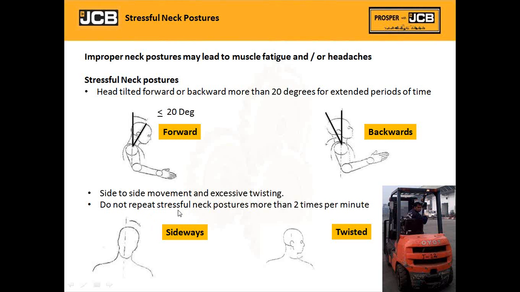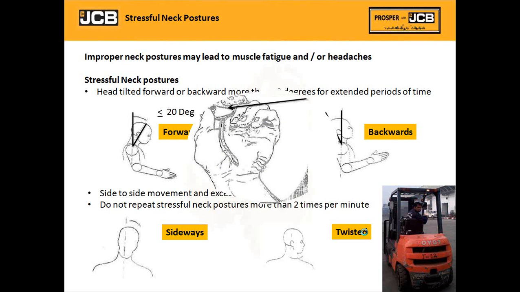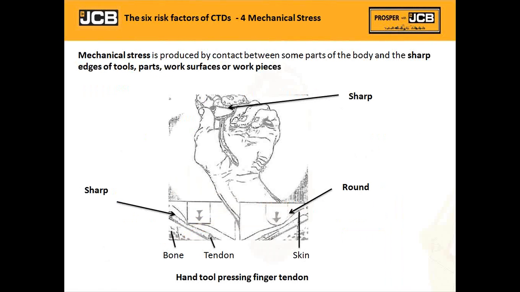that means his neck is under stress, and the side to side movement or excessive twisting, when we say it is excessive, means it is 2 times per minute, and in such a case again the person is going to be exposed to the ergonomic injury. Now we talk about the fourth risk factor in ergonomics, that is the mechanical stress, and it